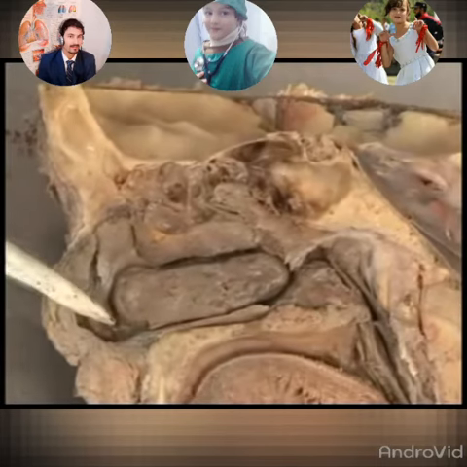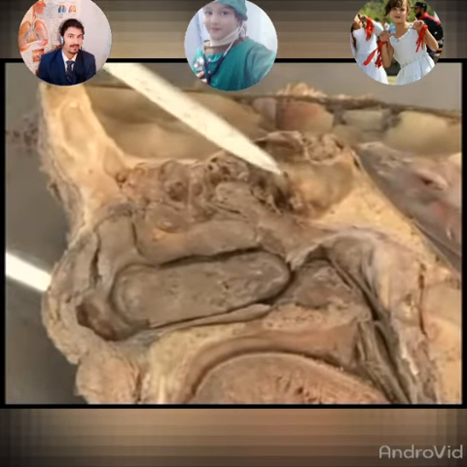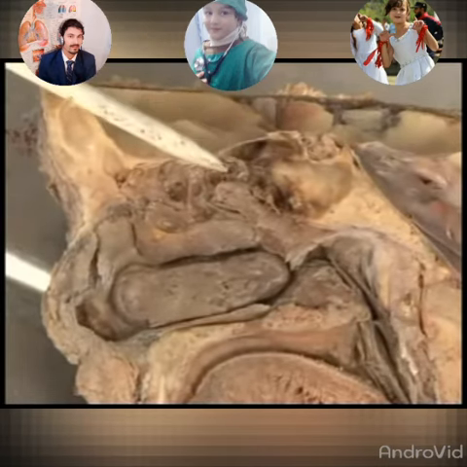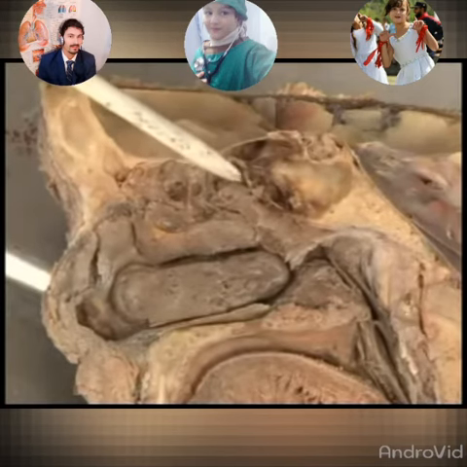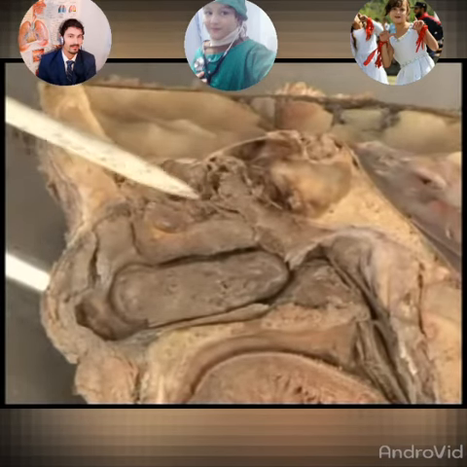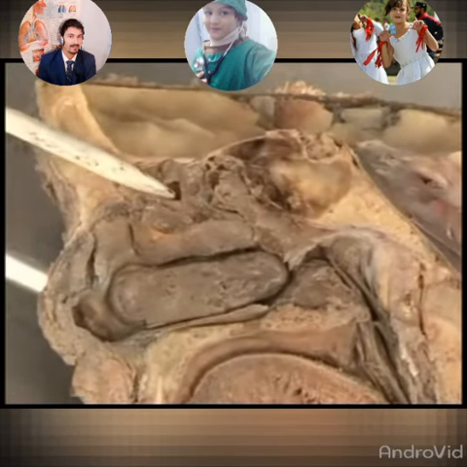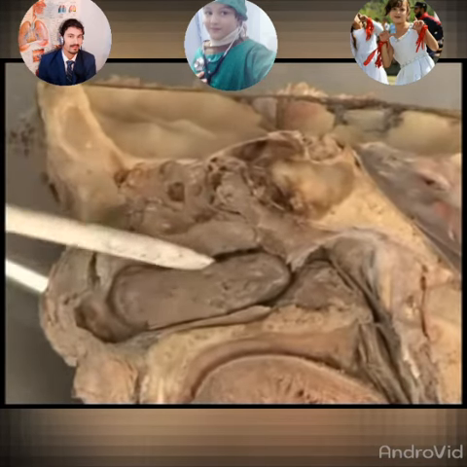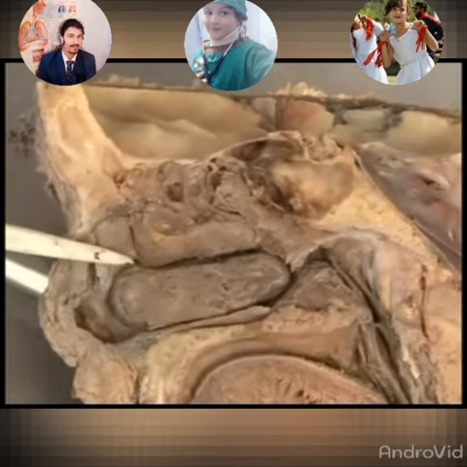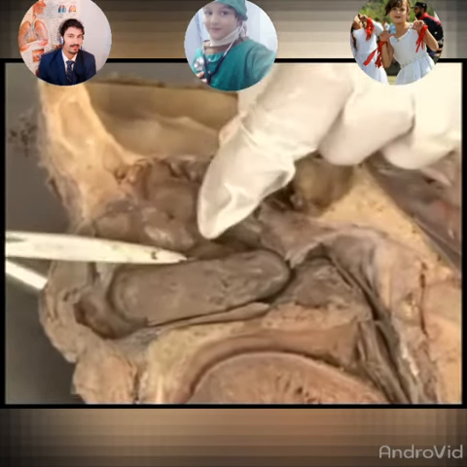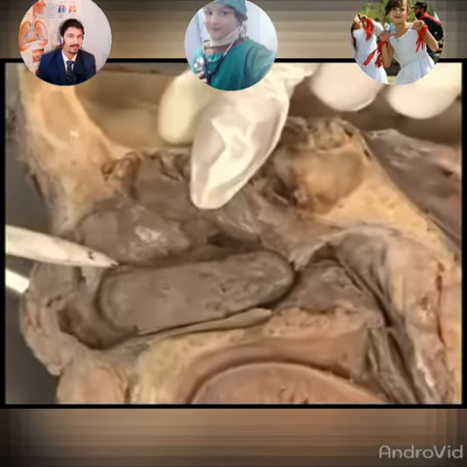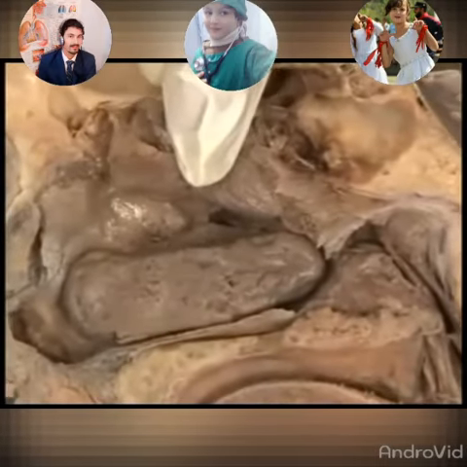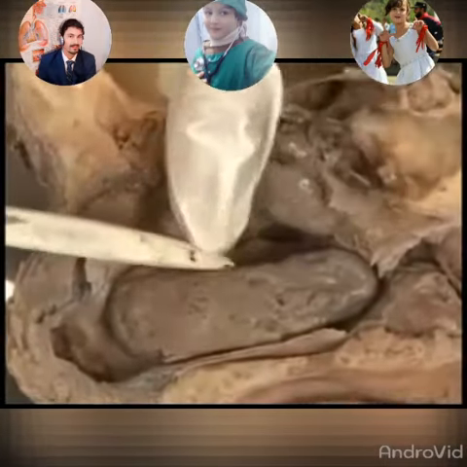The sphenoidal air sinus is opening into the sphenoethmoidal recess. The posterior ethmoidal air sinuses are opening into the superior meatus of the nose. The frontal air sinus, the maxillary air sinus, and the anterior ethmoidal air sinus, including the middle ethmoidal air sinuses, they are all opening into the middle meatus of the nose. So the frontal sinus, anterior ethmoidal, middle ethmoidal,